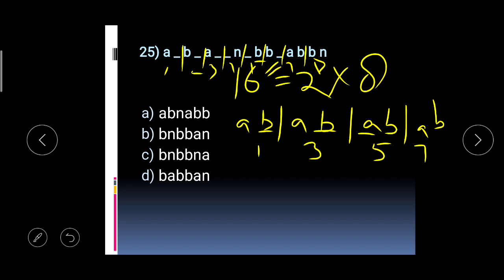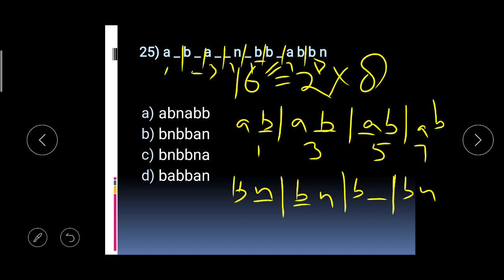Now let's write the even groups. B dash, then fourth is N dash, then sixth, what is sixth? B dash, and eighth is BN, right? Okay, so from the 8th, I know that it's a BN, right? So wherever the second term is missing, I am putting N, and wherever the first term is missing, I am putting B, so BN, right? So this is my answer. So I have cracked the pattern. Now I have to mark the answers as well.